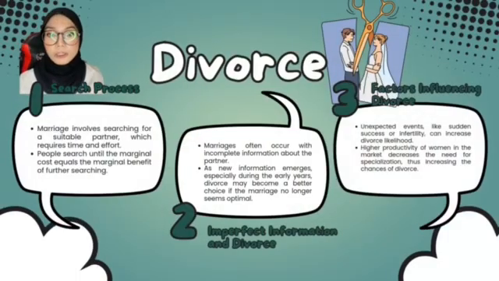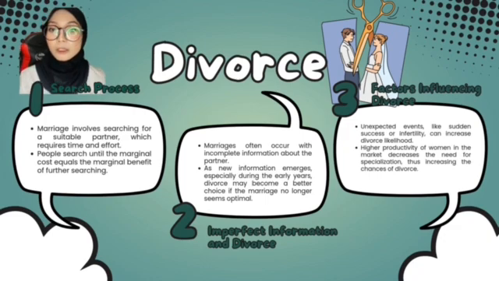Becker's theory of divorce explains that marriage partners often make decisions based on incomplete information, and divorce may occur when new information reveals that the marriage is no longer optimal. Here are the key points. Search for a mate. When people look for a marriage partner, they invest time, effort, and other resources in the search process. The longer the search, the longer the delay in gaining the benefits of marriage. A rational person will search for a mate until the marginal cost, time and resources, and the marginal benefits of potential partners